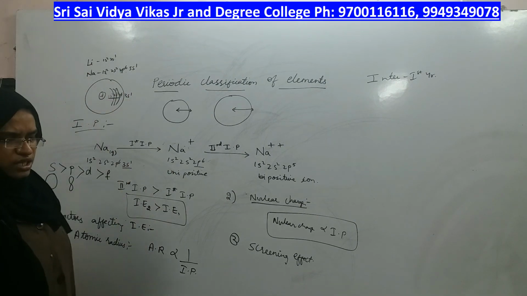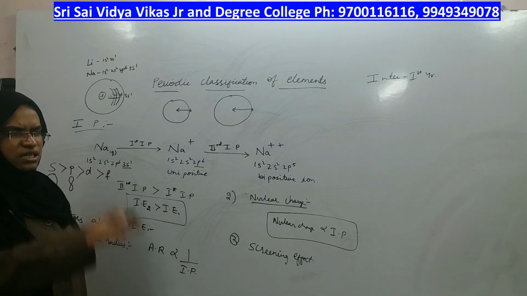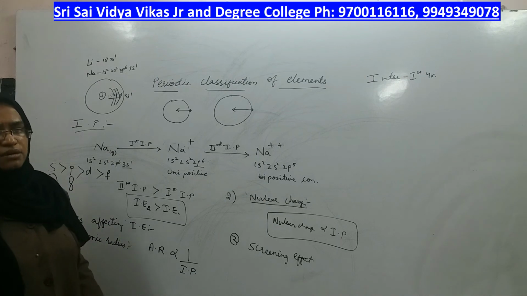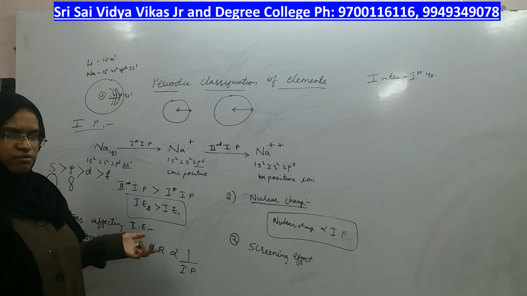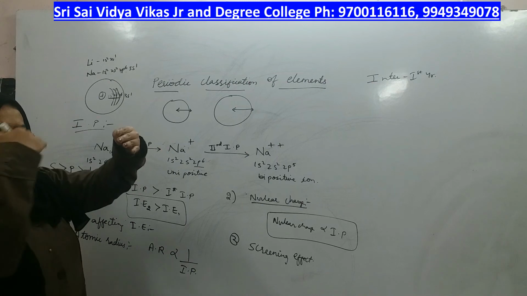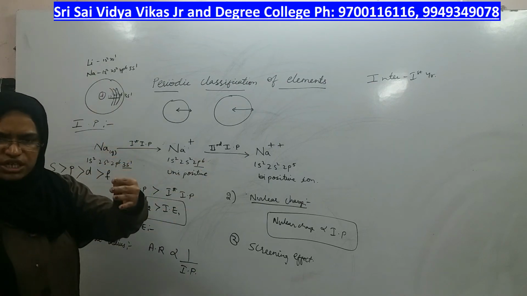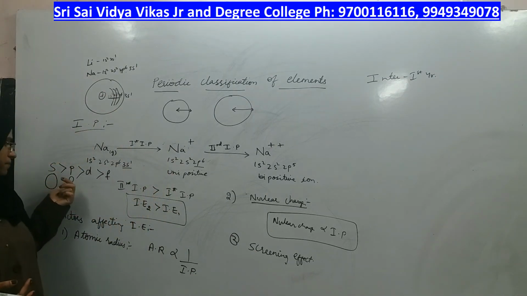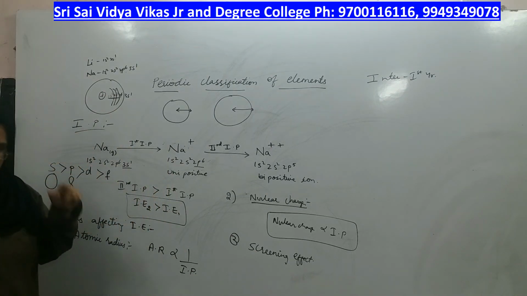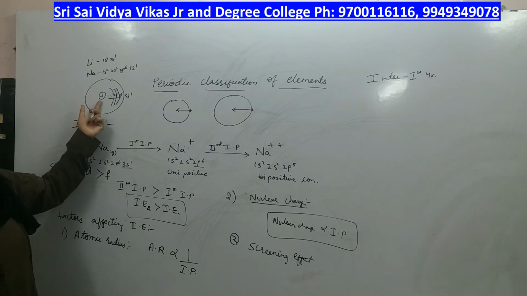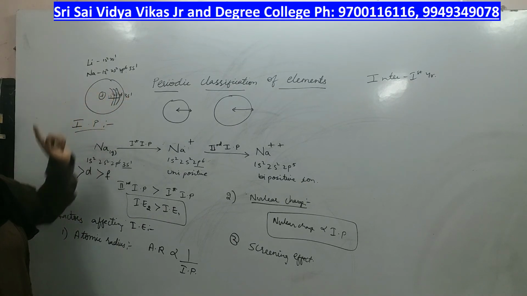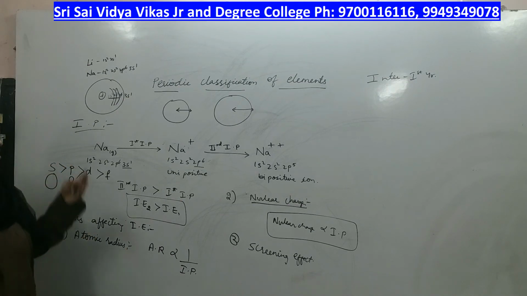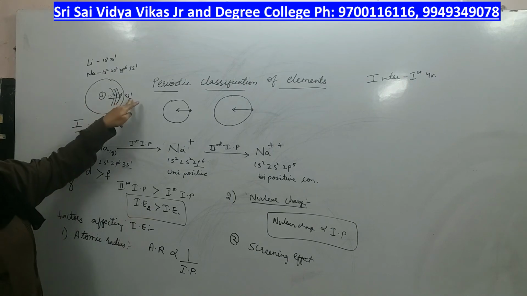If the charge of the nucleus on the last electron is less, then even if the last electron is coming out of the atom, the nucleus doesn't have any idea, because there is already a barrier. What is happening behind the barrier, the nucleus doesn't know, because a large barrier is kept by s, then p, then d and f. If f is there, the nucleus cannot stop this electron, but these orbitals can. They will keep a barrier so that the nucleus cannot see what is happening to the last electron.